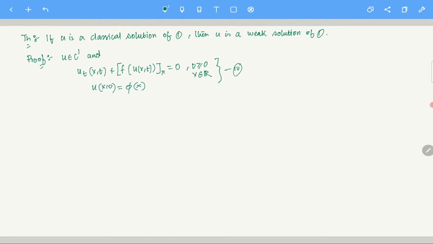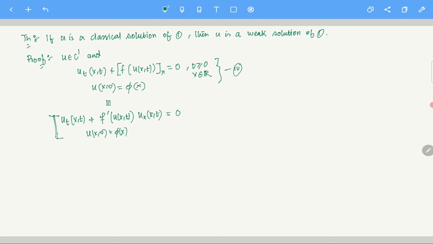Okay, now of course we are taking f to be a smooth function, so you can break this up, which will give you, by chain rule, f prime. Equivalently, this means u_t of (x,t) plus f prime of u of (x,t), since f is an R to R function, times u_x of (x,t) equals 0. And u at the point x0 is phi of x. If you want, you can write it like this, but this is just for your information, we don't need it.